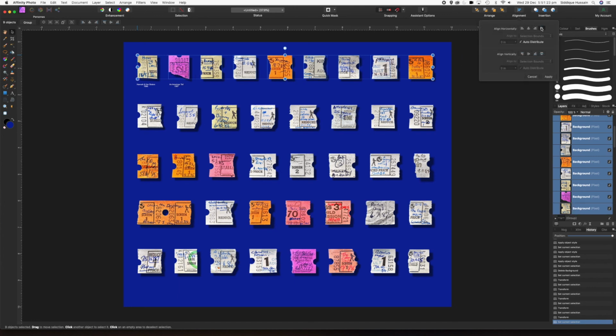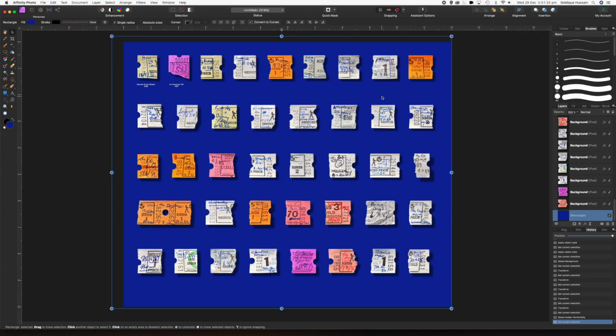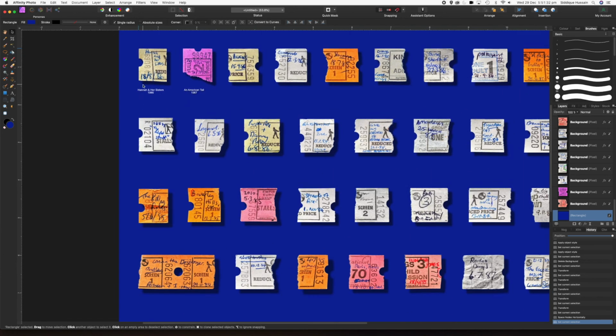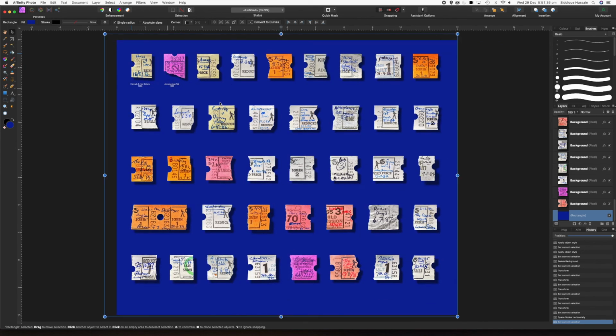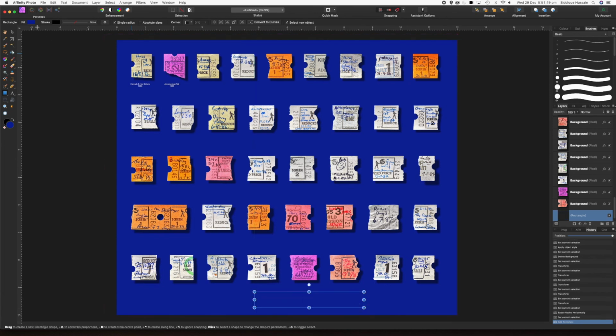Alignment, that's better. Okay, so those are done, those are done, those are done. I'm happy with that. Clearly I'd need to go in and put the labels on there, but what I want to do finally is put one final label in here. If I just create a label here, and I want it to be blue. Let's make it a light blue maybe,